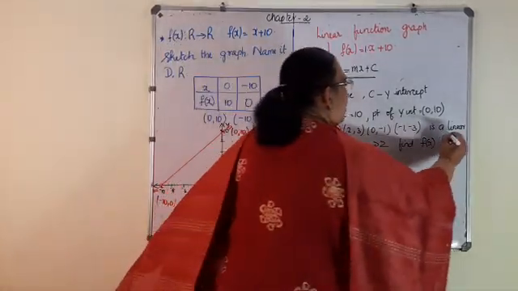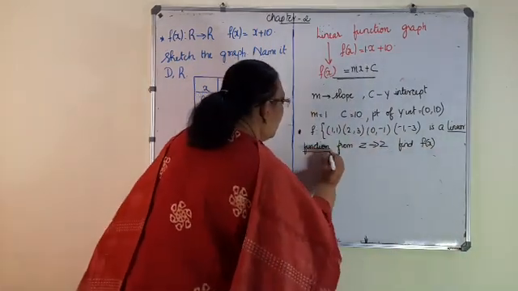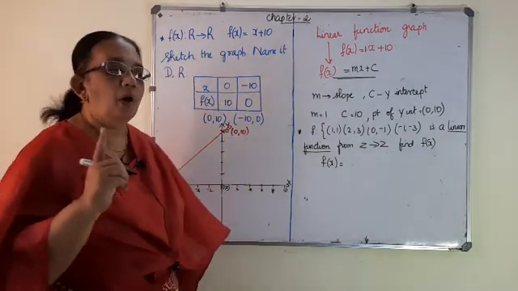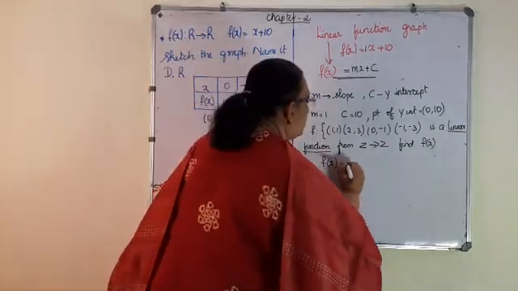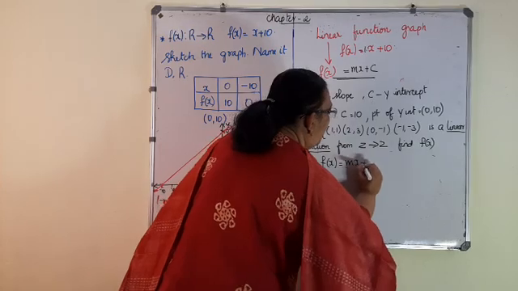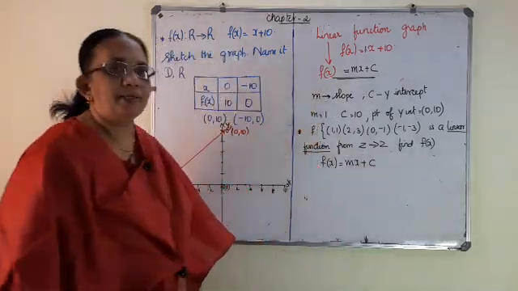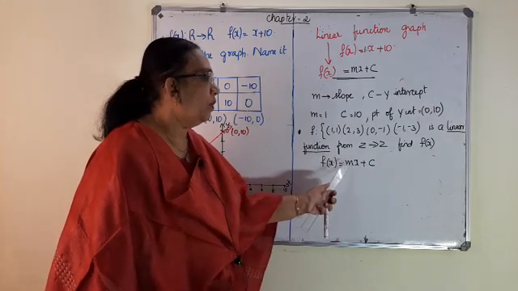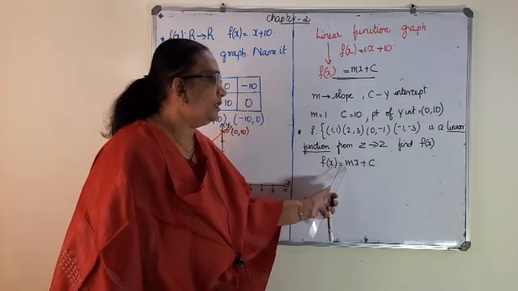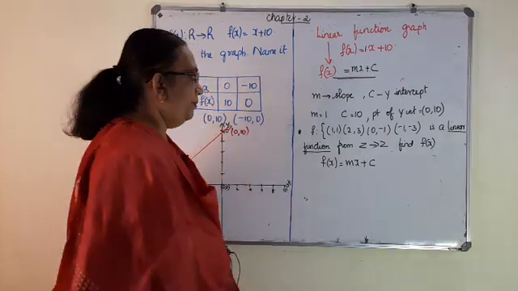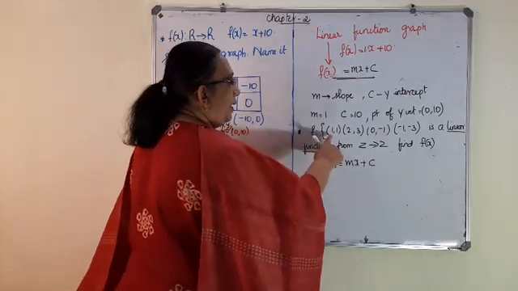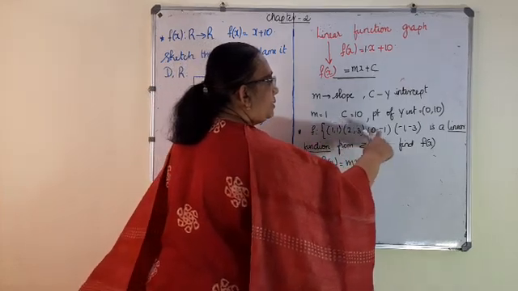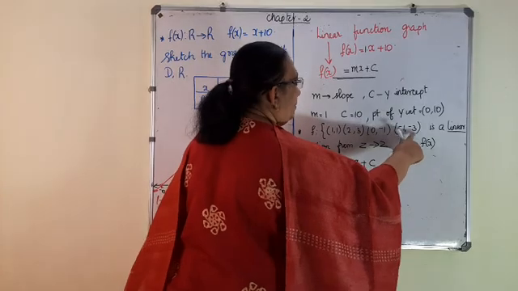When you have the word linear function, automatically it should come to your mind what form the linear function takes. The linear function takes the form f of x is equal to mx plus c. So in order to find the linear function, you should get the constants m and c, that is the slope and the y-intercept. Now it passes through the points 1, 1, 2, 3, 0, minus 1, minus 1, minus 3.